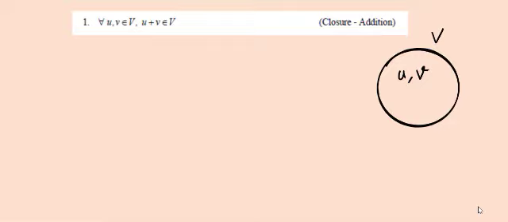When we operate, the resultant will be U plus V. That U plus V should be in this set itself. This should not hold for just any 2 elements; it should hold for all 2 elements. There may be infinite elements in the vector set.